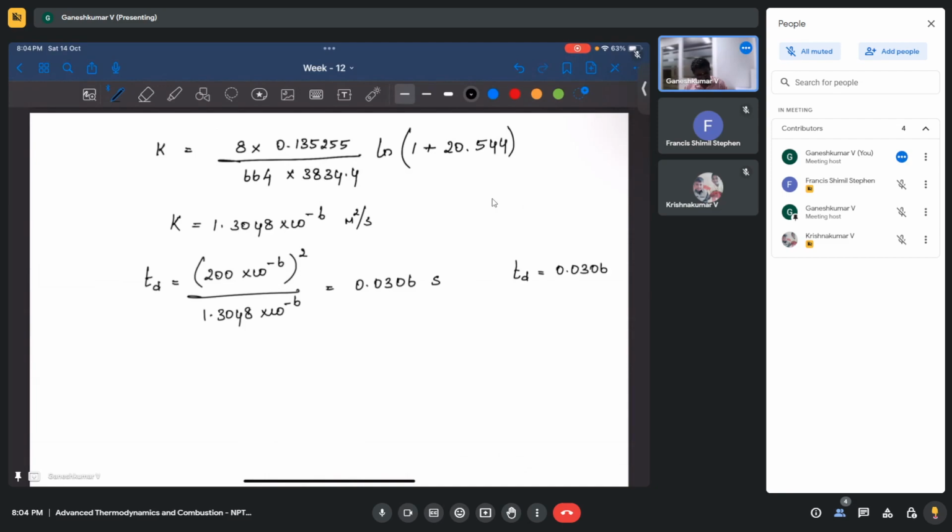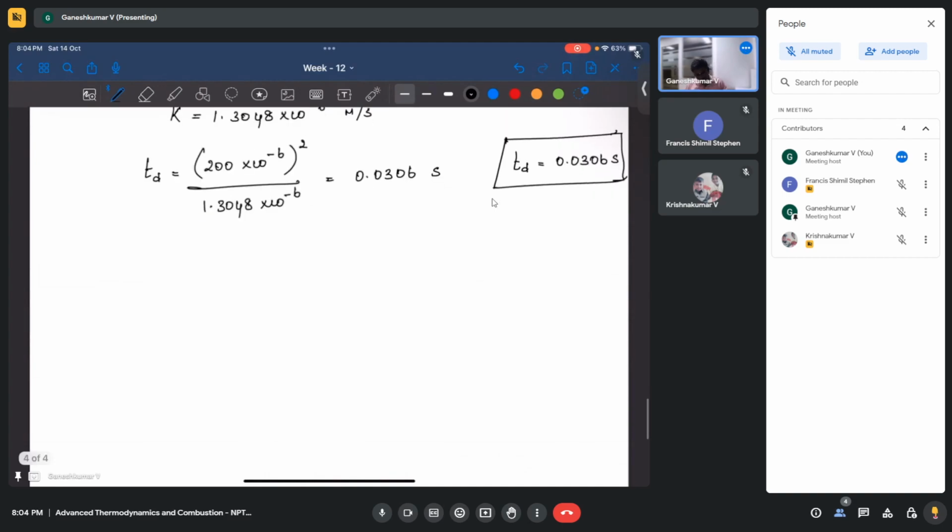Relatively speaking, you might say that this is very little, even less than a second. But how this is going to affect the length of the gas turbine combustor is something you need to understand. So now let's try to find out the length directly. What is going to be the length? Length, in the sense, is the distance traveled by the droplet. Based on this distance traveled, we are going to design the combustor to have this much length, right?